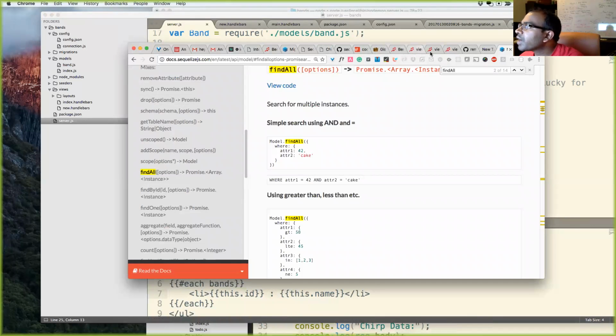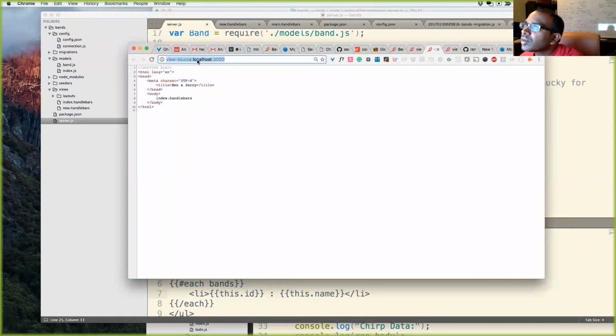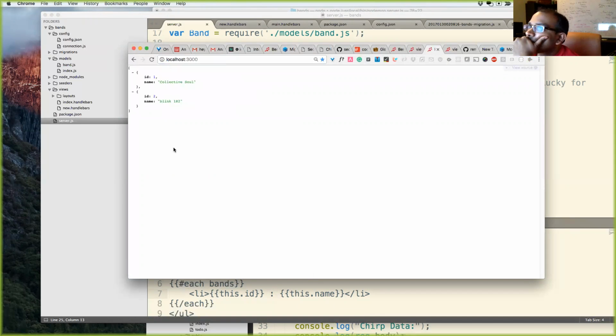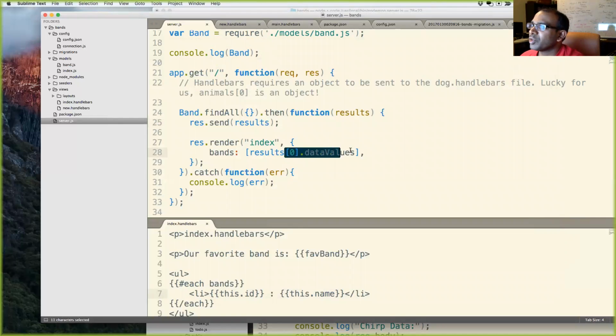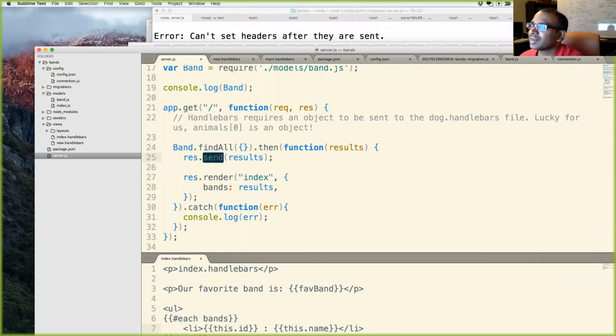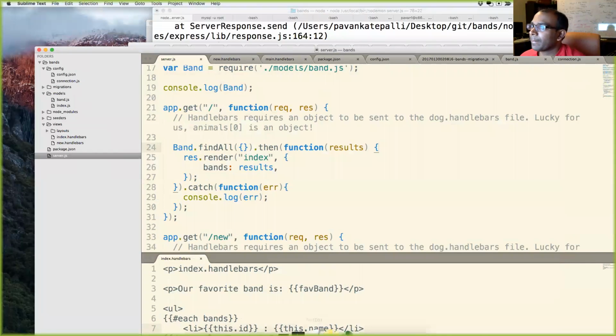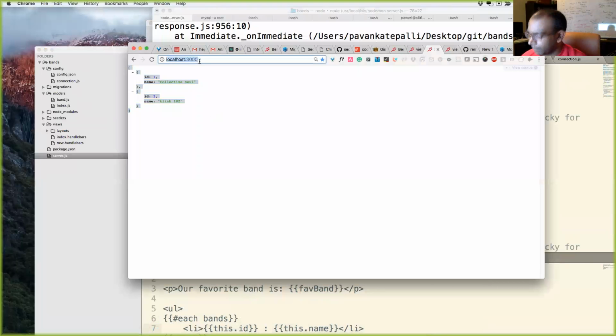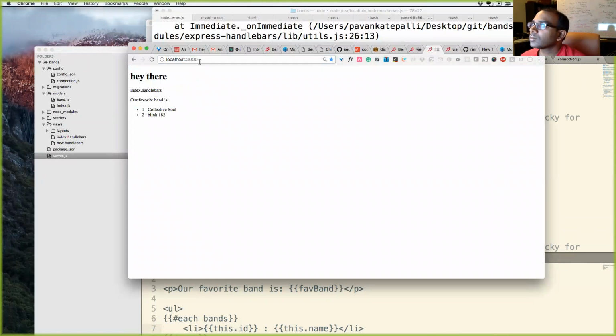And if I go to localhost 3000, and they came back. Okay. So I'll just send results over. Interesting. And that worked. All right. I don't know what happened there before, but now we have our bands coming back.